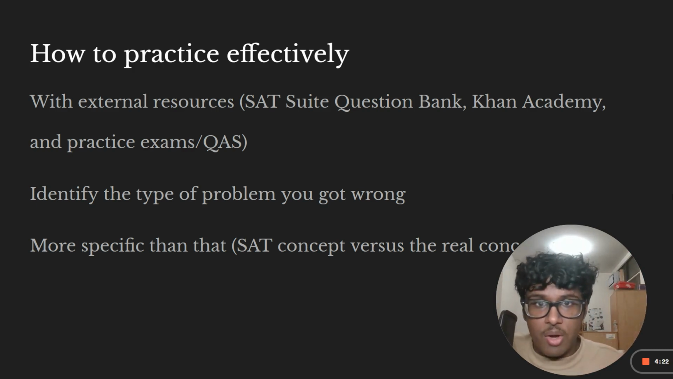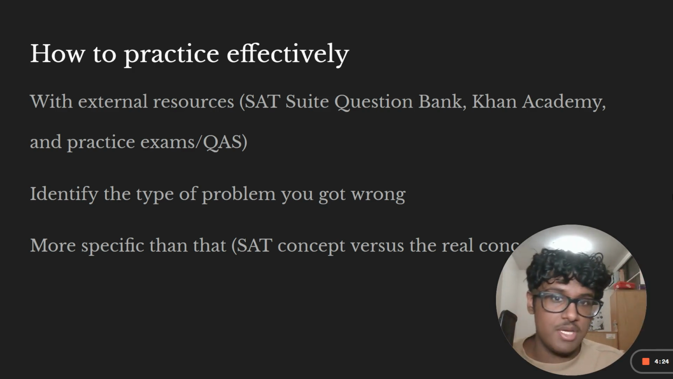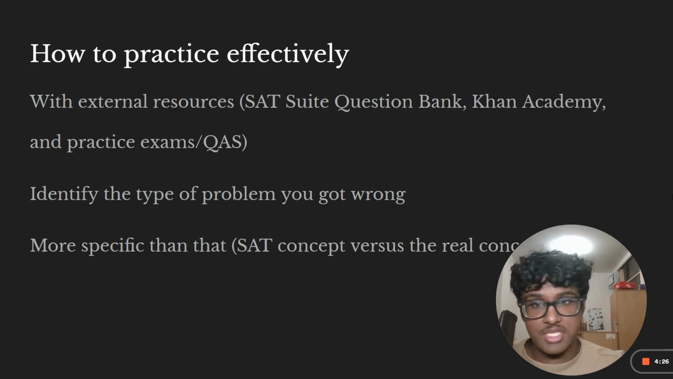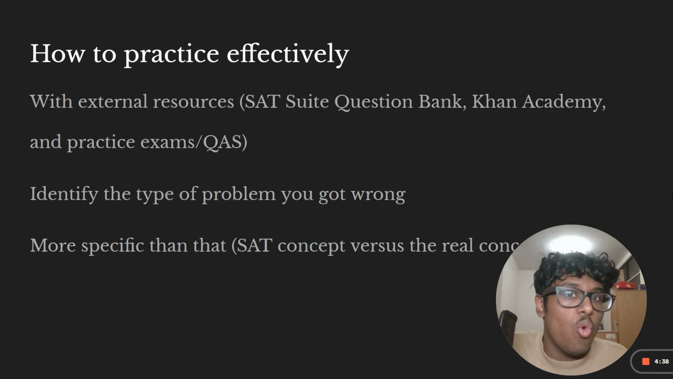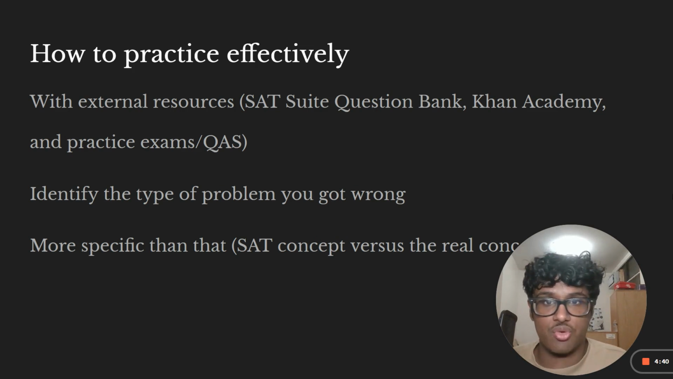So you can figure out the SAT type concept, right? And then with the SAT type concept, you can figure out what type of problem it is within that. Though that takes some effort, it takes some effort to research what kind of problem it is and where specifically you'll find it. That is so worth it, because it's literally going to boost your score a significant amount